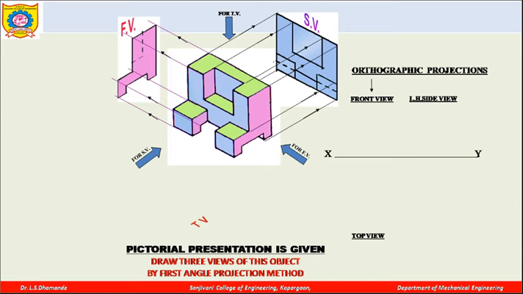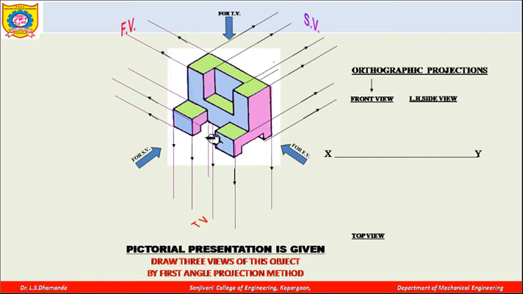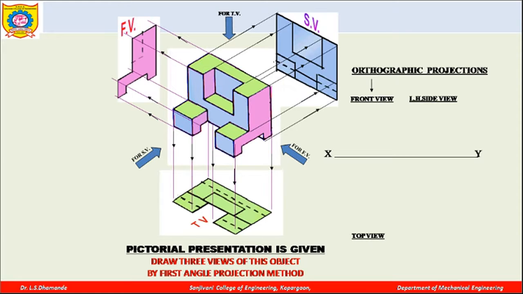And similarly, when you see it from the top, your ray of sight will be passed like this. All these rays will be parallel to each other and perpendicular to this particular plane over which you have to obtain that view. That is nothing but the horizontal plane. So the top view will be obtained on the horizontal plane, and the top view here is shown in the green color. So this green colored top view you can see, and it will be obtained like this. So this way you will get the front view, side view, as well as the top view.